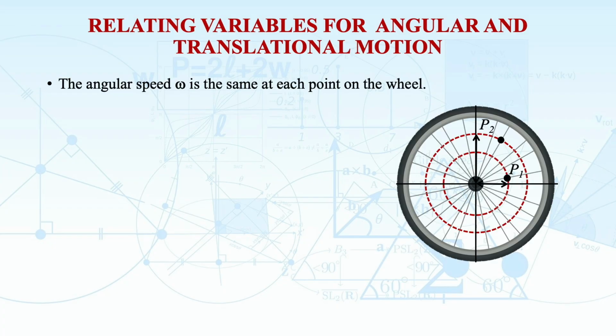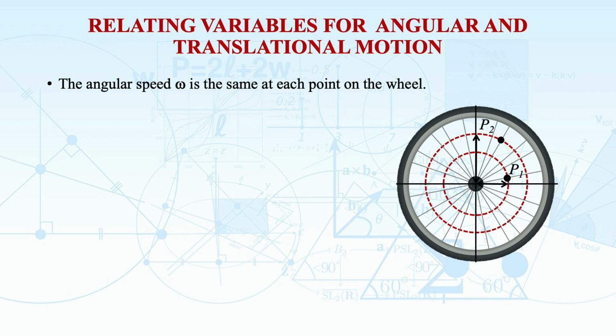Now, let us try to relate the variables for angular and translational motion. Is it possible to say anything about the translational speed of objects on a rotating body? So, let us once again consider a rotating wheel and 2 points on this rotating wheel, P1 and P2. One of them is closer to the center of the wheel, one of them is closer to the rim of the wheel. So, can you say anything about the translational speed of these 2 points on the wheel which is